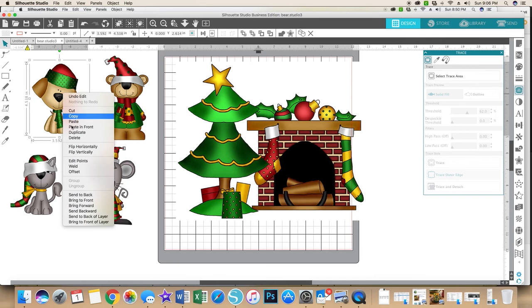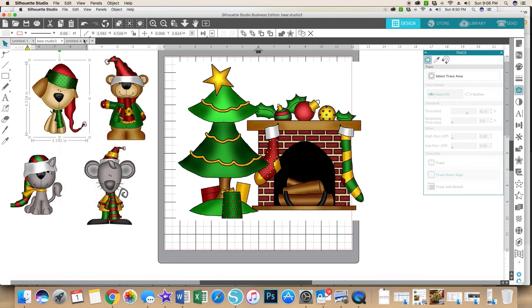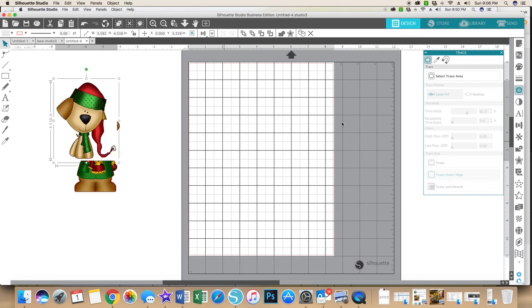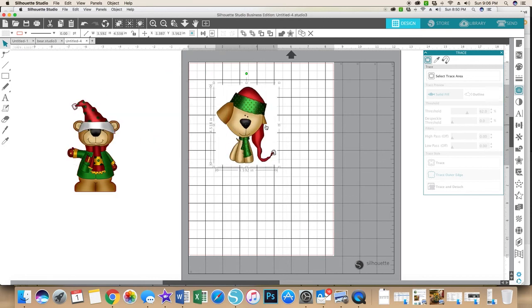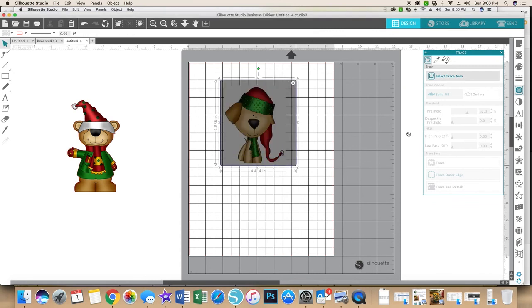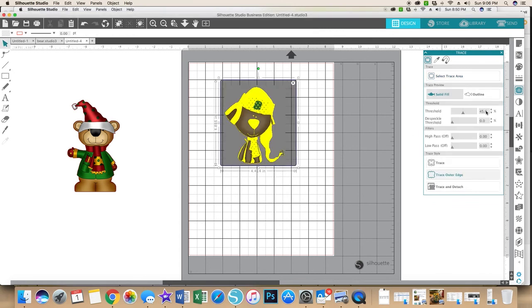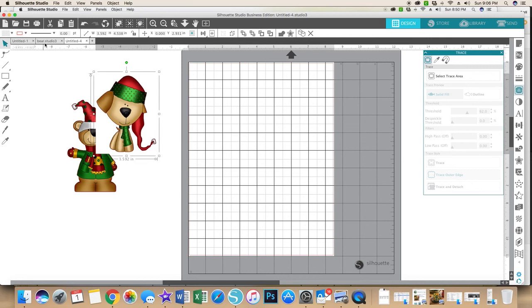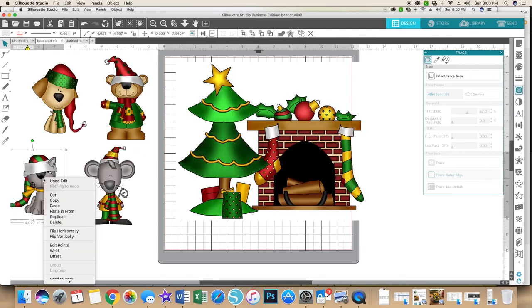I'm going to go get the dog, copy the dog, take it to this mat, paste it, and I'm going to select the trace area. I'm going to up my threshold to 62, which is what I had for the other. I'm going to trace the outer edge. I'm going to assume it's all good, and I'm going to group it. Take him off to the side, go get my kitty cat,